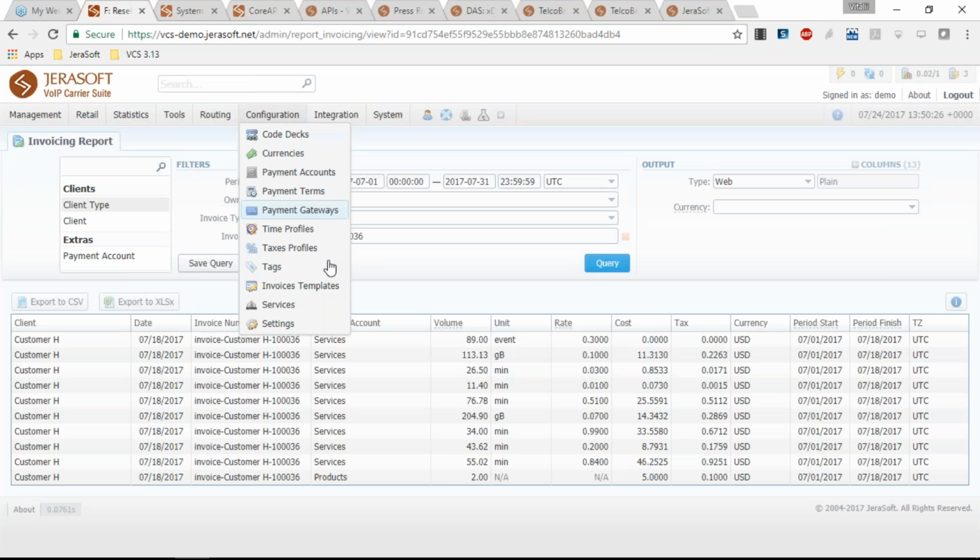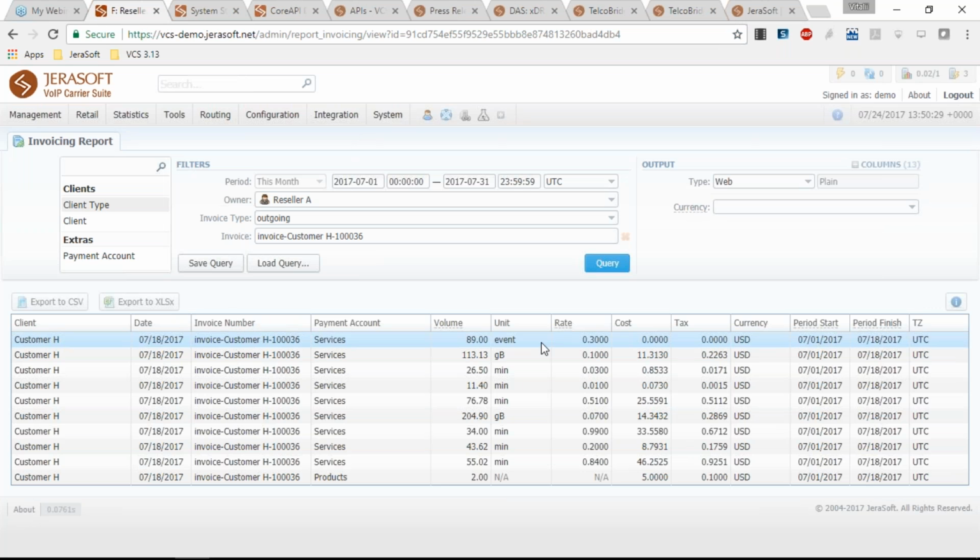The invoicing report shows data according to the variables determined in the invoice template. So if there is a special variable, like in the statistics table of the invoice template, and this variable is a rate, this column will be presented in the report. But if this variable is not presented in the invoice template, this column and this information won't be presented in